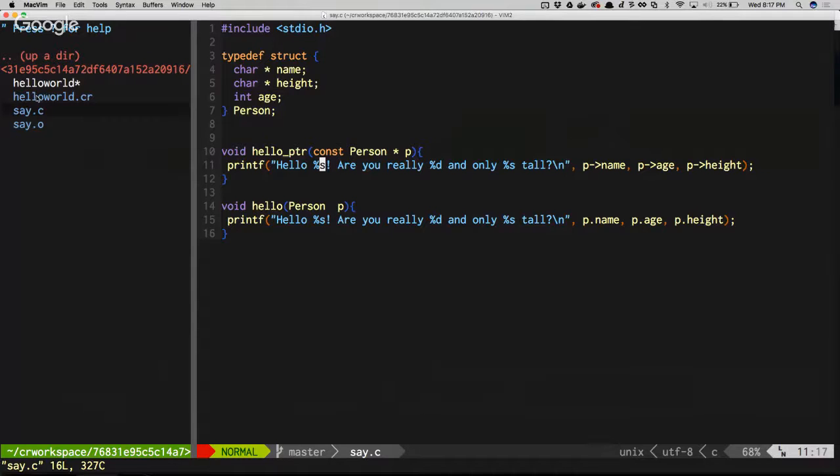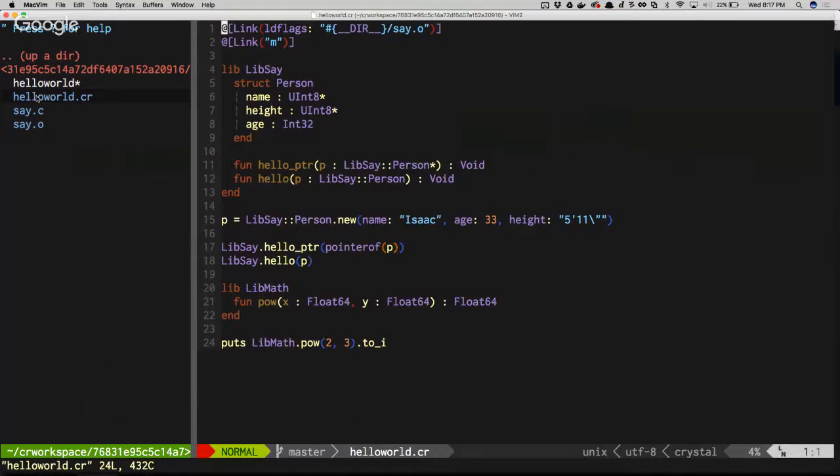Then I came into my Crystal file, and this is how the linking works. I'm basically just saying link to this object file. I'm using GCC to compile it into an object file, which still has linking. And then this is just libmath, which doesn't need to be there except that down here I demoed that really fast. Here I'm wrapping LibSay, which is just a constant I invented. You could name it literally anything, but you need something to contain your C libraries in.